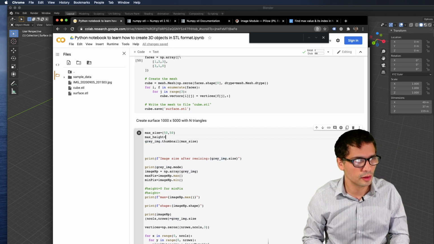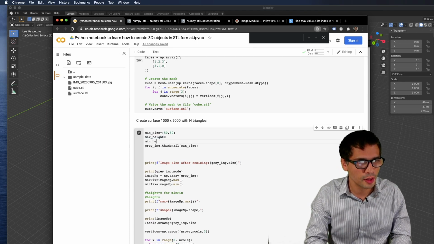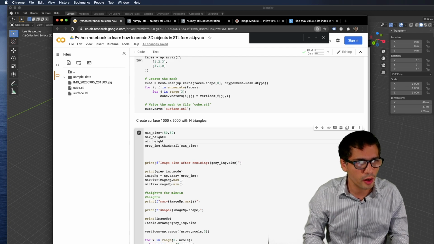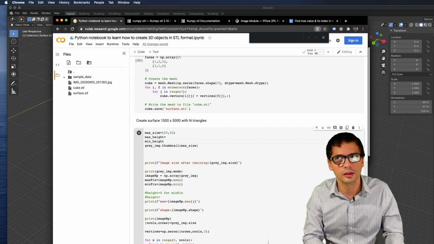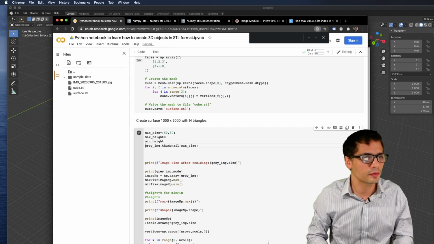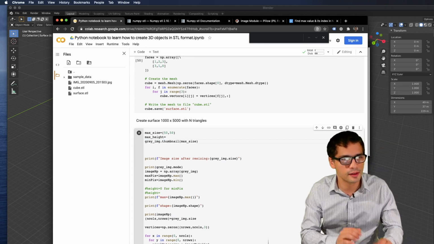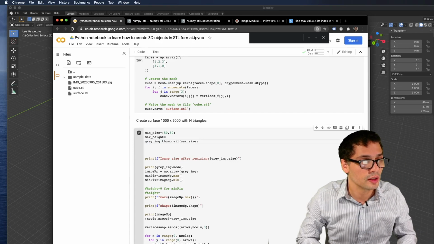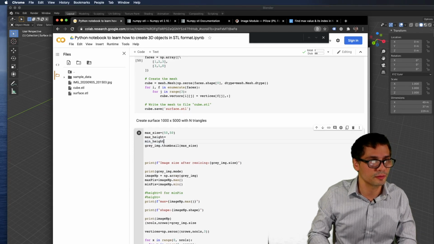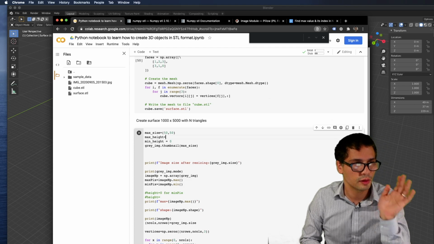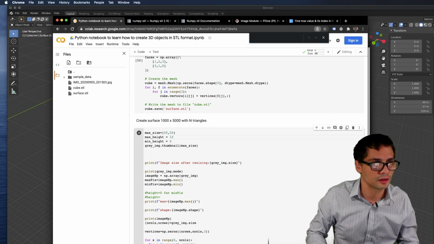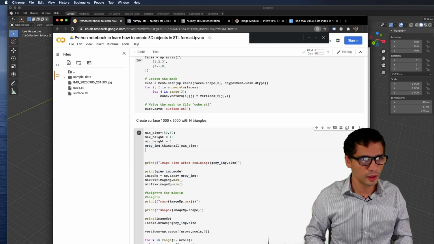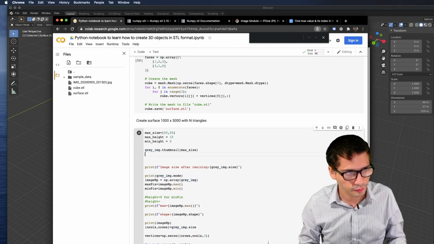Max height or max depth, I don't know what's the right word. Actually, I can define a mean height as well, because quite often you'll want some thickness in your lithophane. No, I don't think this one makes sense. For now, the mean height is going to be 0, but it's the same concept. I'm going to say 10, though we can vary it if it's too much.